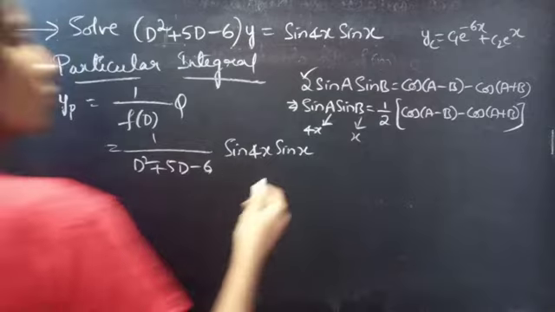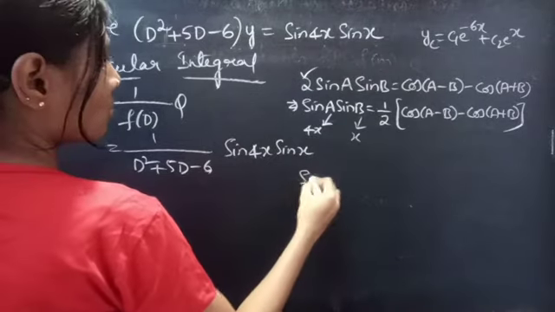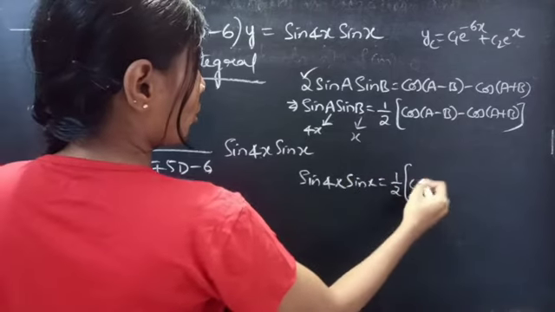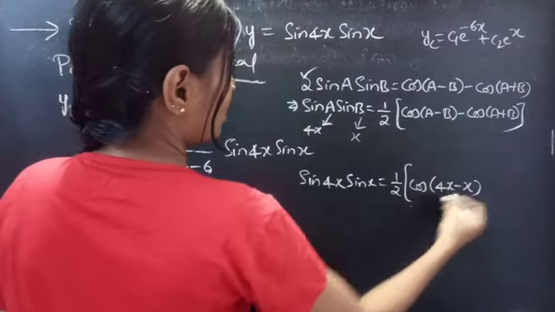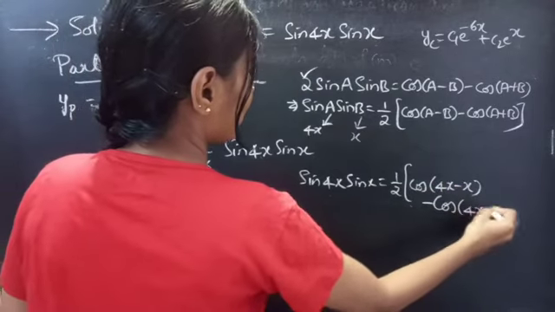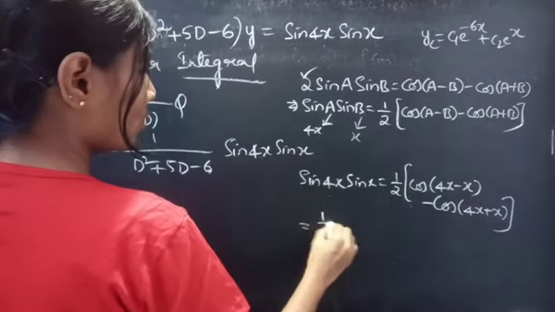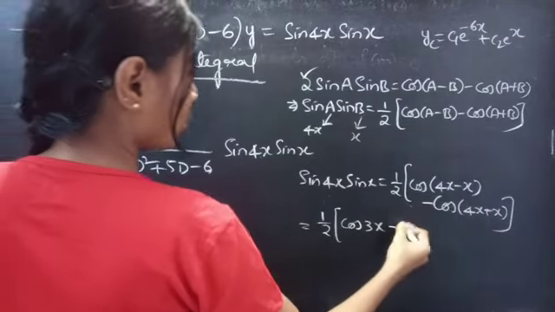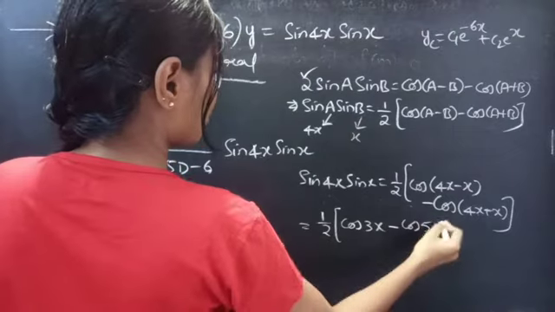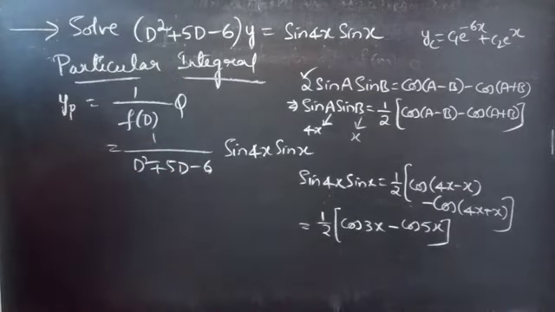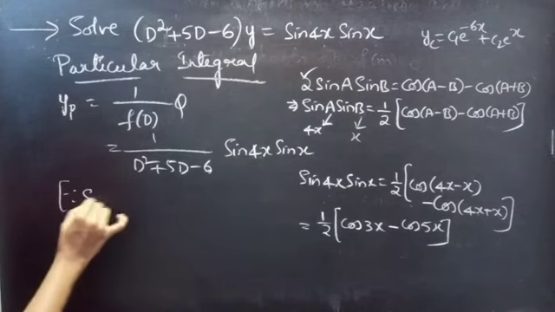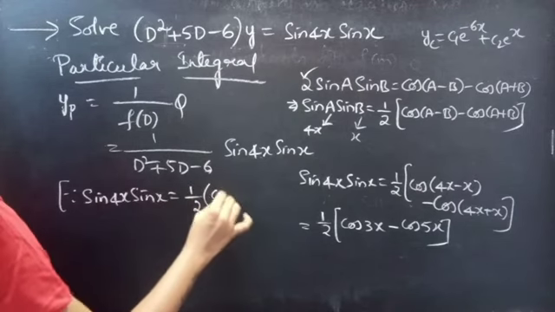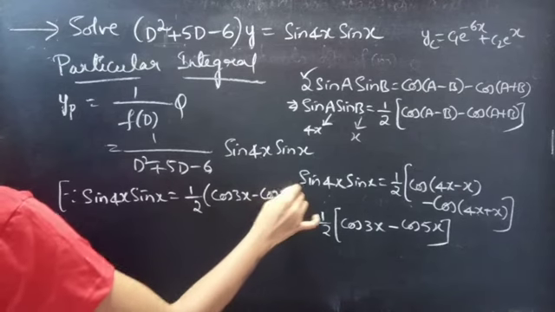Now we'll get sin 4x sin x equals 1 by 2 into (cos(4x minus x) minus cos(4x plus x)), which is equals to 1 by 2 into (cos 3x minus cos 5x), since 4x minus x is 3x and 4x plus x is 5x. Right? Since sin 4x into sin x equals 1 by 2 into (cos 3x minus cos 5x),